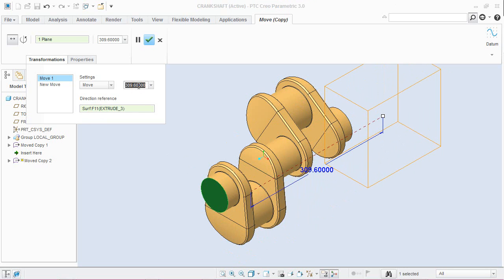This time translation dimension will be different. It will be 145.96 into 2.